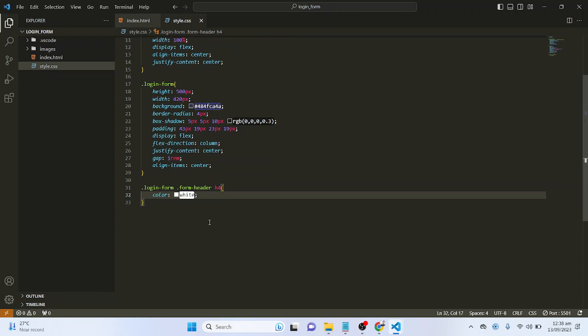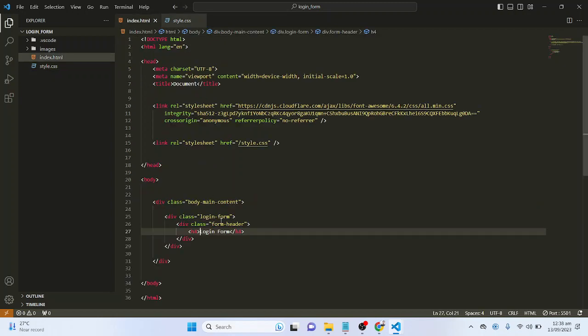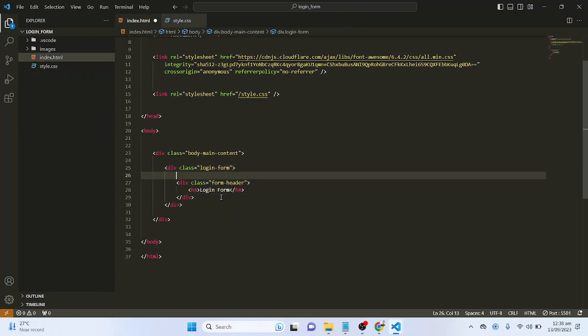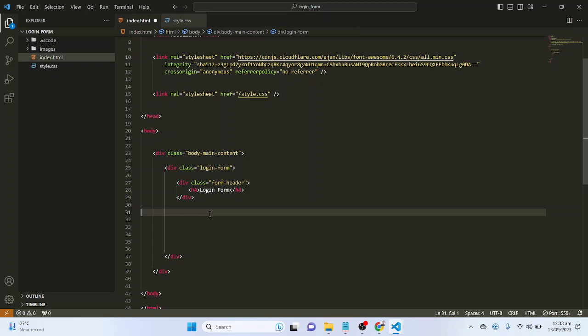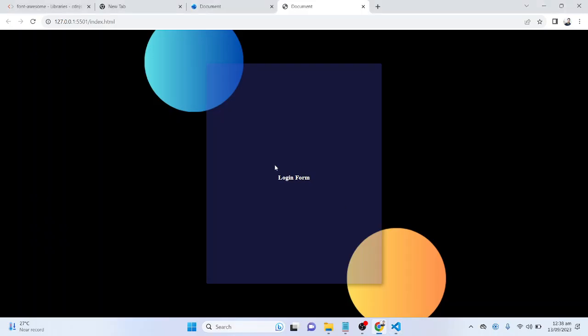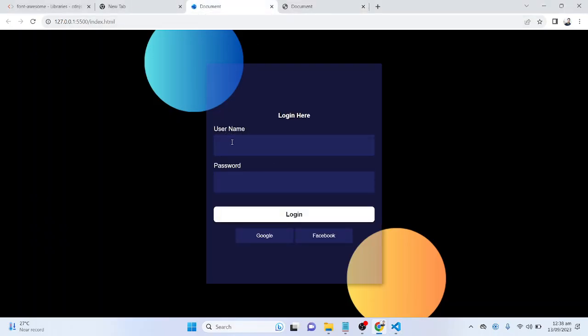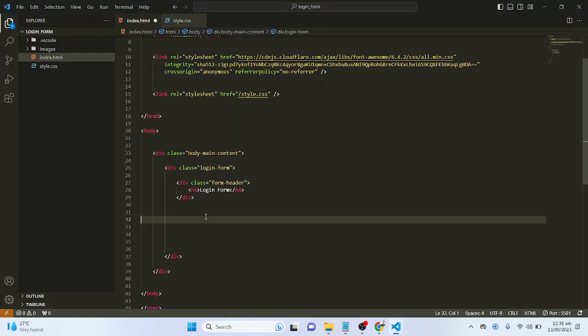It's looking nice. Now let me add some other div inside the login form. Go to the index.html, press enter. Here I have to add another div. If I go to the actual design, we have the username and input field and password and input field. Now I have to create one div, then I will copy and paste because these two look similar. Let me go to the page again, and here I have to add a div with a class name login form